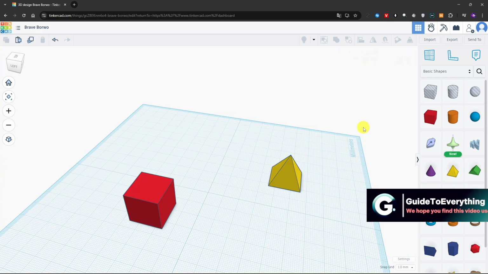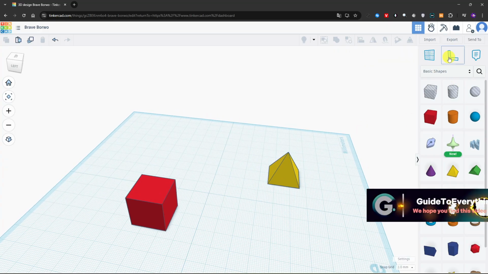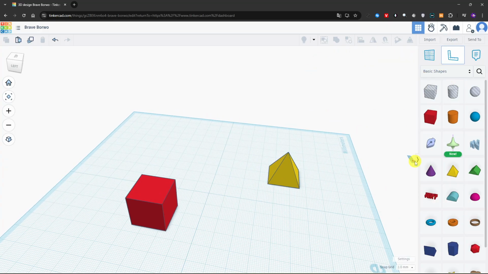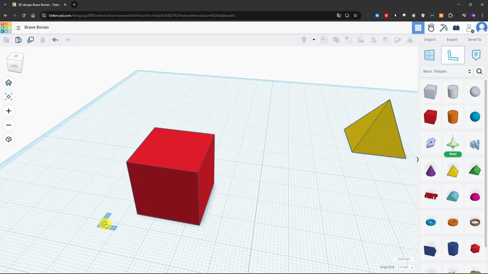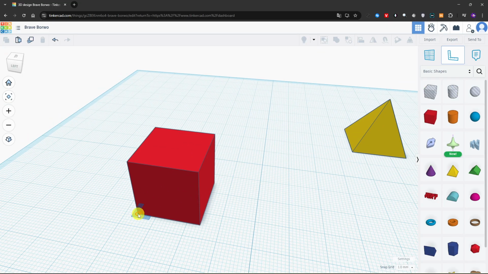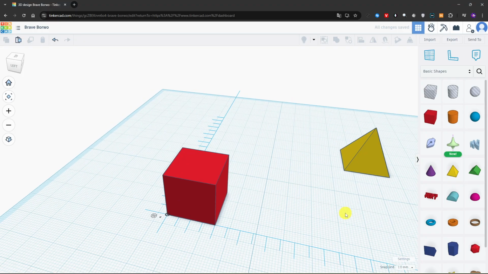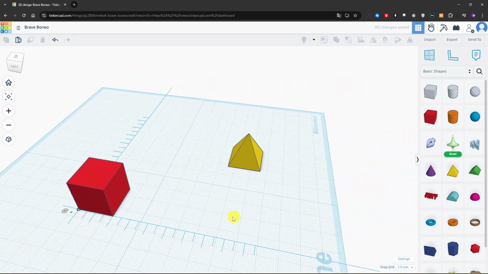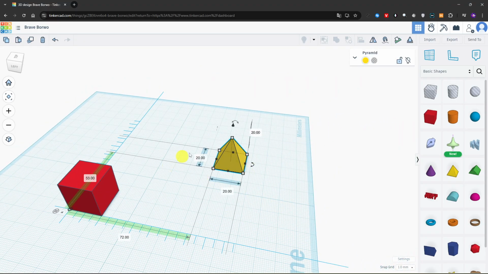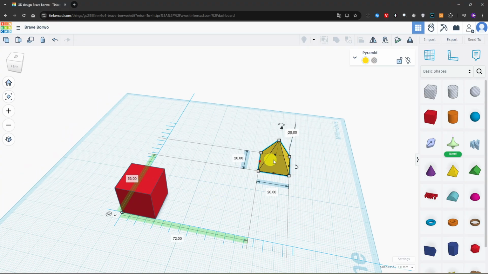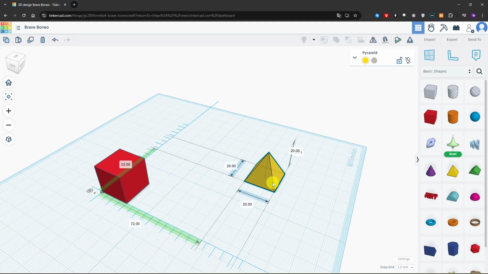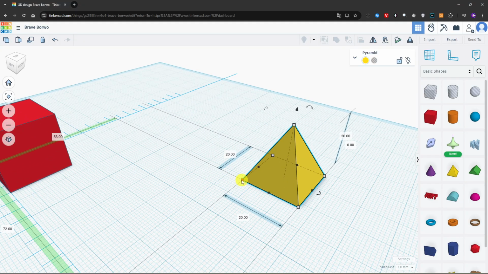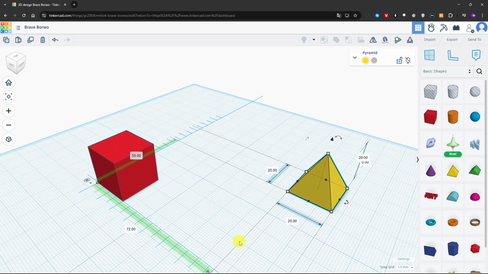So basically what you'll need to do is take this ruler right here. If you don't see it, just click on this little arrow and you will see this ruler. Now select the point that you want to measure. So I will select this point, and as you can see, you'll basically see something like this if you click on another figure. And if you want to measure the point from this to this point, as you can see,